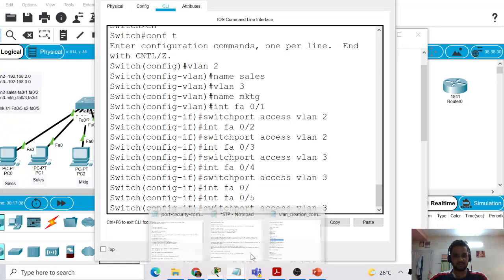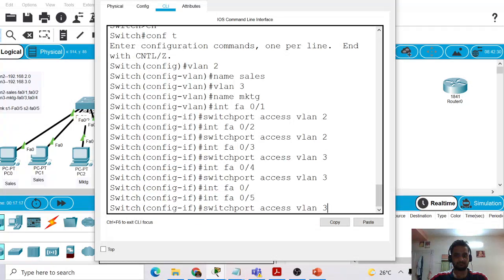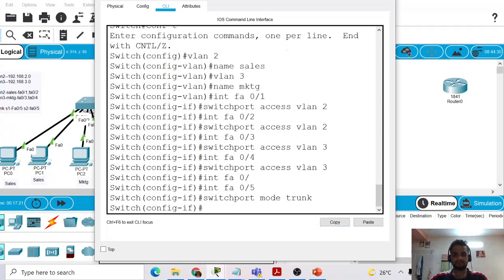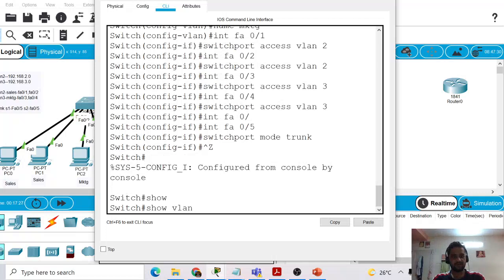Let me change it. So we have made it a trunk port also. Now let me go to VLAN brief.